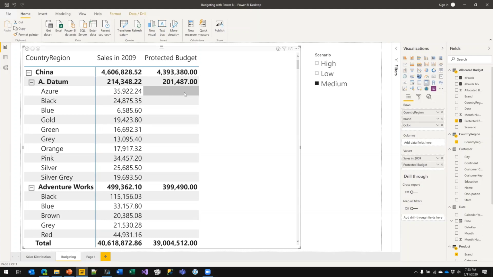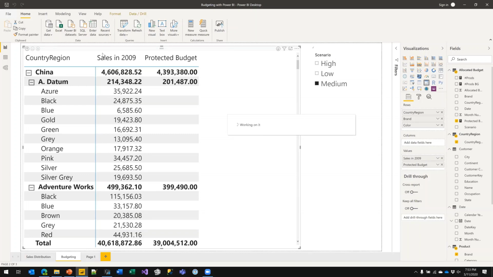Well, imagine that if I was forced to put a number here, could I do that? Actually, the answer is yes, I can. Because I know the sales in the previous year. I know the sales at the budget granularity. If I divide this number by this number, I obtain a percentage that I can use to multiply this budget. How can I compute this percentage? Well, the same way I computed the number of products.